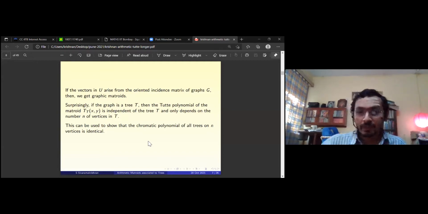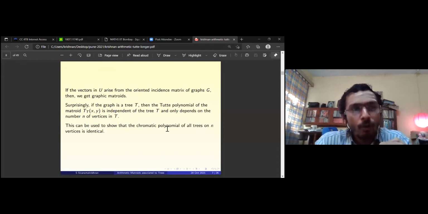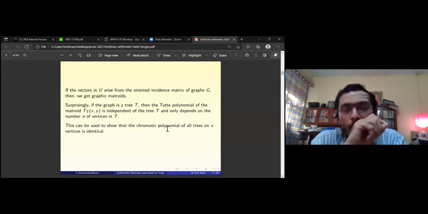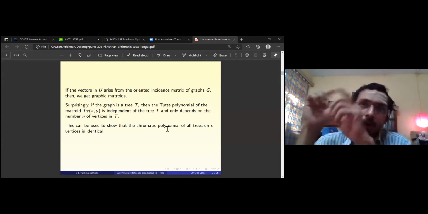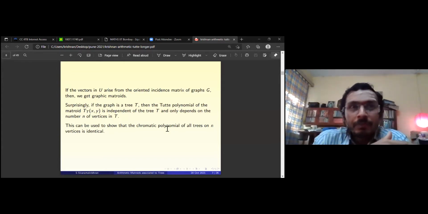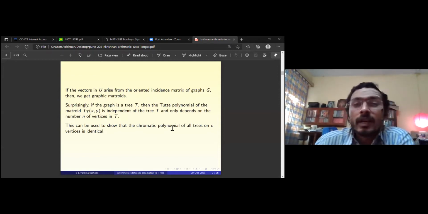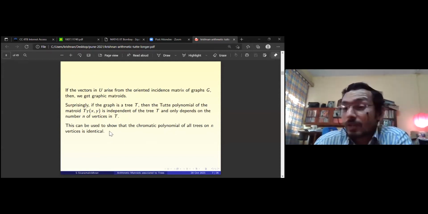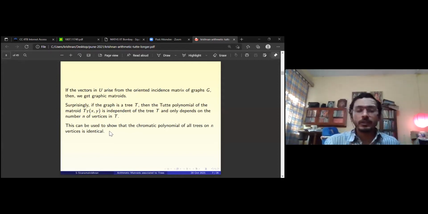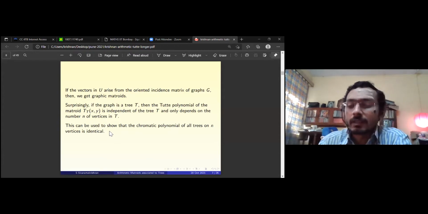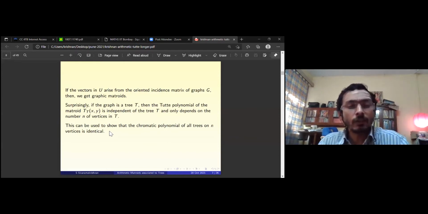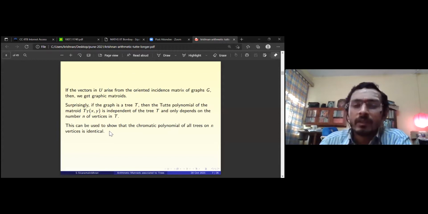So in general, the chromatic polynomial is a good polynomial associated to graphs, which counts the number of proper colorings with k colors. In this polynomial, if you plug in k, you will get some number, and that number is the number of proper colorings of the graph with k colors. And again, the chromatic polynomial of all trees is identical. There are a lot of results about trees which are somewhat surprising. At first blush it's not clear why this is happening, but once you study it carefully and look at it several times, you will get some feeling for it.